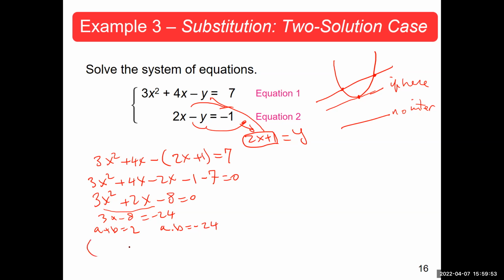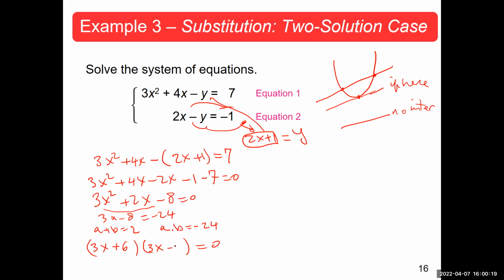Now, you open parentheses, as equals 0. Because we have 3x squared, I'm going to put 3x in here, 3x in here. What are those two numbers? If I multiply them, negative 24. If we add them up, positive 2, that's basically positive 6,